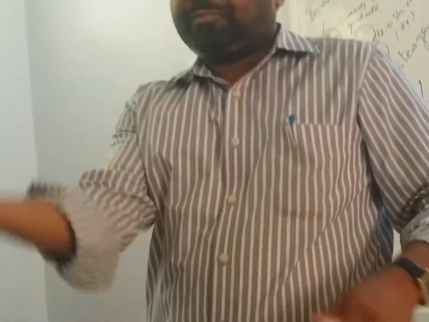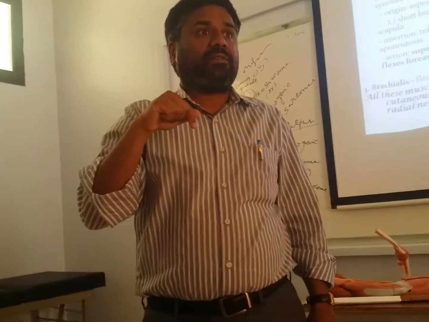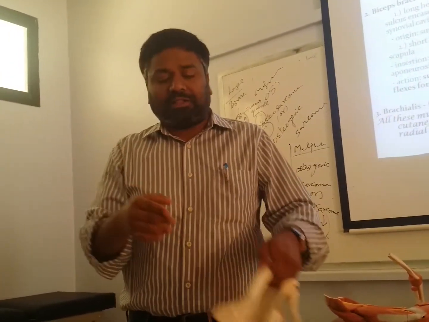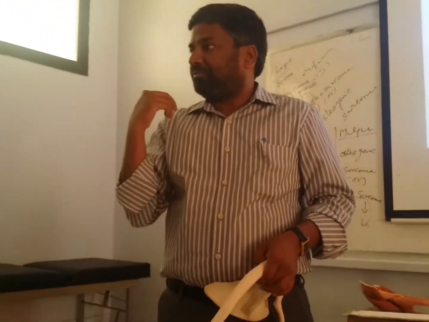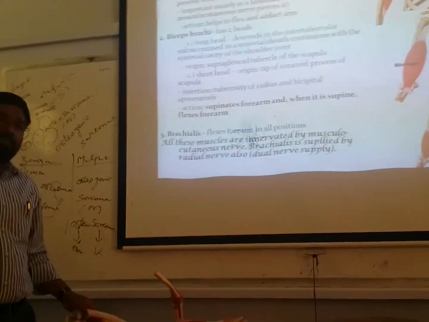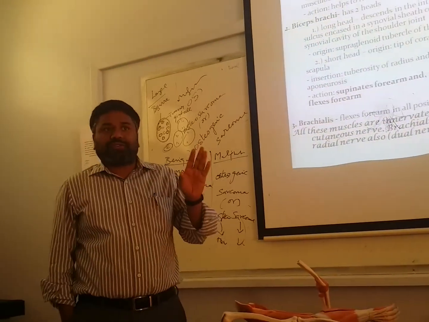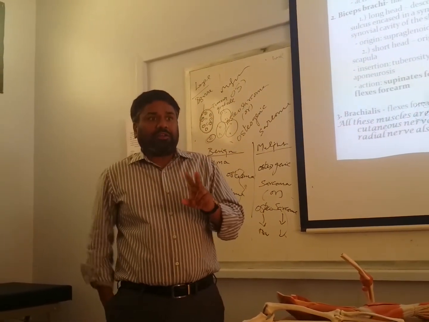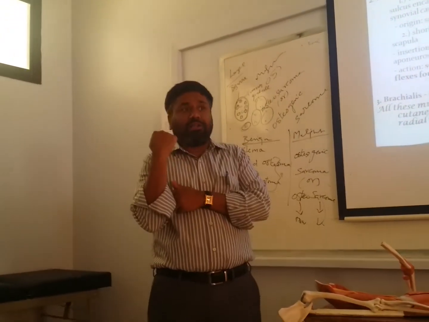So what is the action? Flexion. Which is the chief flexor? It is brachialis. Chief flexor of the elbow is brachialis. Even other muscles are also there, like the brachioradialis, which also does flexion. Am I clear? What is the action of brachialis? It is the flexion of the forearm at the elbow joint. How do you explain an action? You should say first which part is moving and at what joint it is moving. Flexion of the forearm at the elbow joint.